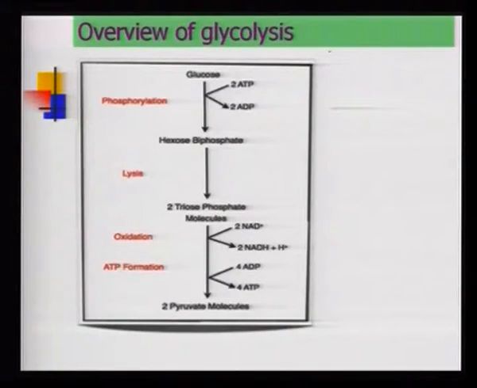Please observe that the sugar molecule is first phosphorylated, then broken down into 2 molecules of a 3 carbon compound, and then oxidized. How do we know it is oxidized? NAD is used for accepting the hydrogen that the sugar molecule is made to lose, but in the process it also produces 4 ATP molecules, whereas we use 2 ATP per glucose to phosphorylate. Each glucose molecule generates 4 ATP molecules, so our net gain is 2 ATP molecules, and there are also 2 NAD reduced.